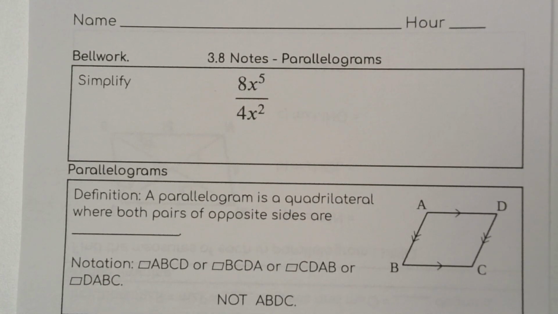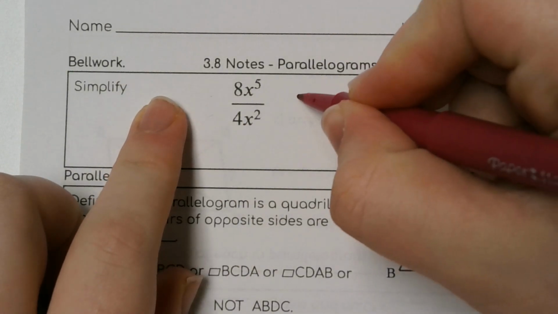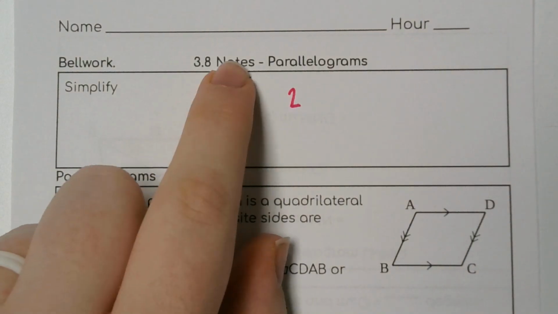Going over the bell work? So 8 divided by 4, you can at least do. What is 8 divided by 4? 2. Sweet. We know that part. When we divide and there's exponents involved,